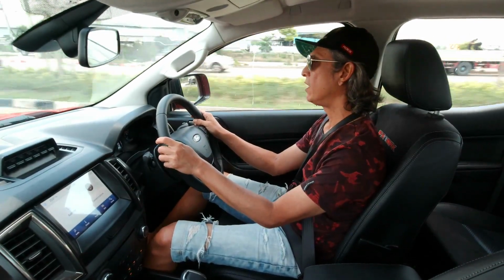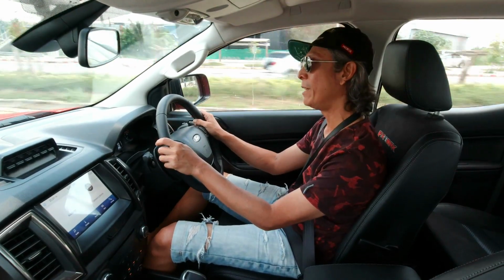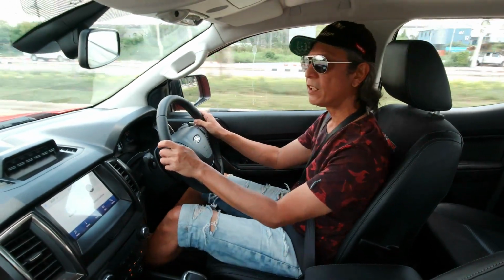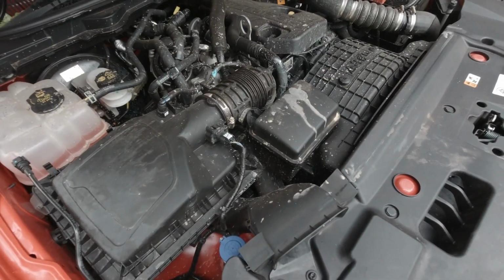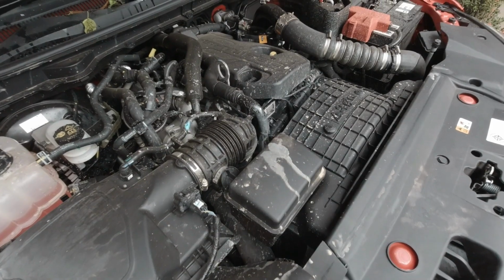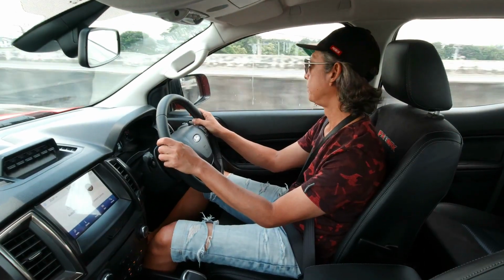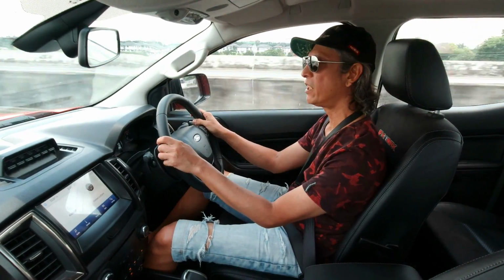In terms of engine, the FX4 MAX gets the same engine as the Raptor. It's a 4-cylinder 2-liter diesel engine with twin turbos, capable of pumping out class-leading 213 horsepower and 500 Newton meters of torque. And it's mated to a 10-speed automatic,